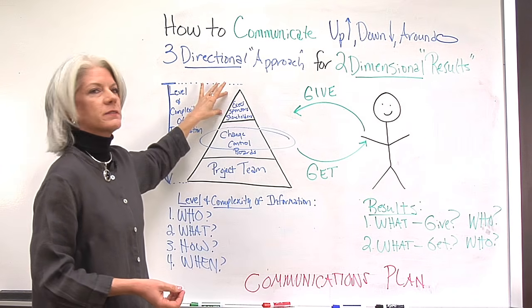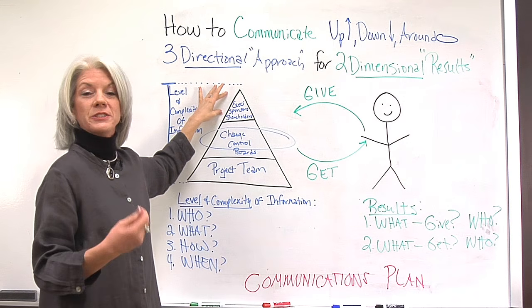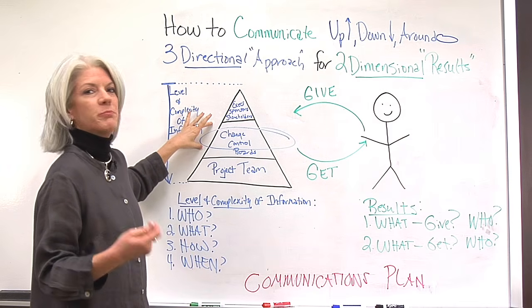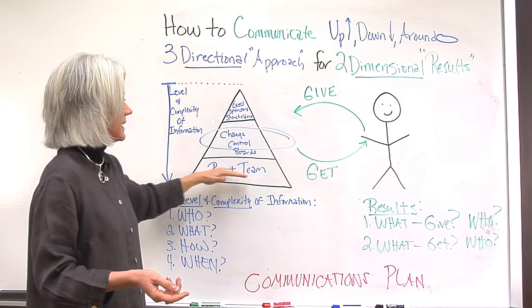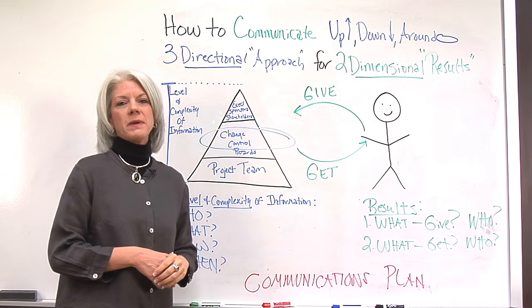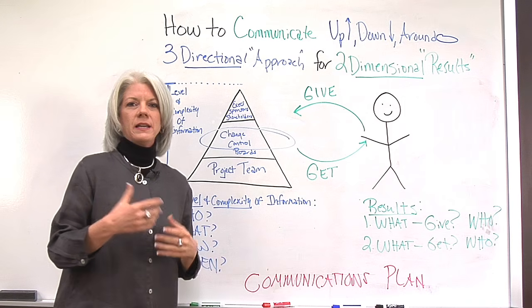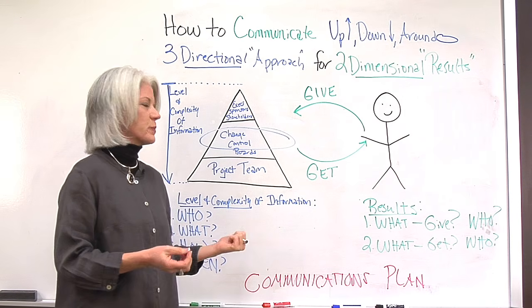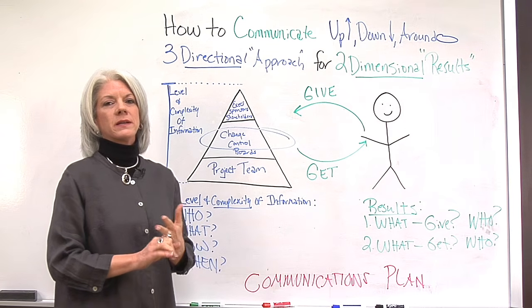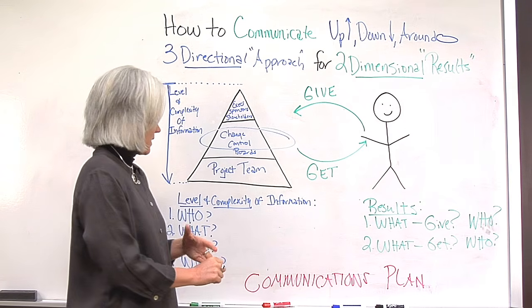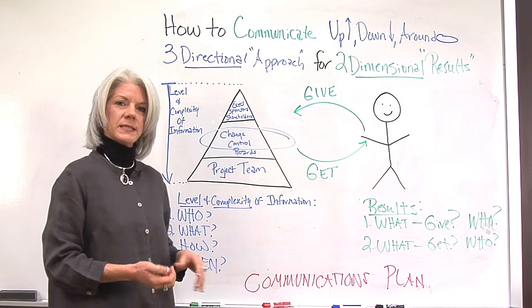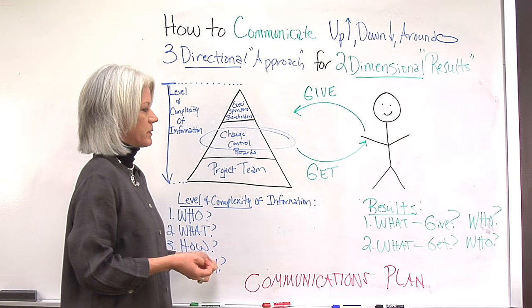Do they need a high-level status report? Do they need a dashboard? Do they like the red, green, yellow reports? Do they like numbers? Do they need budgets so that they can make decisions? Do they need more information on dependencies? What do they need? How often do they need this information, and how do they need to receive it? Do they need to receive it in a dashboard, a weekly report, a monthly report? Do they need it by email or some online system? How are they going to get that information, and how often? And when? Again, the frequency. How frequently are they going to get this information?